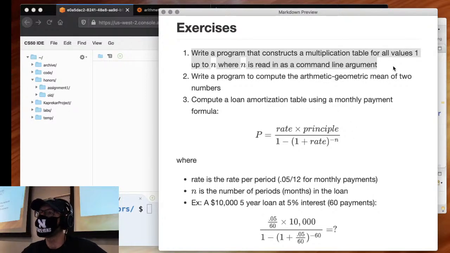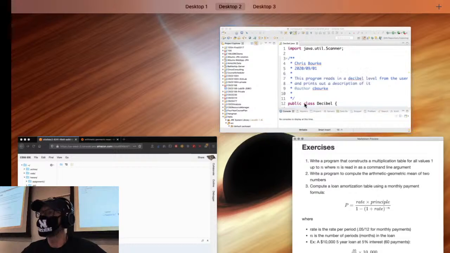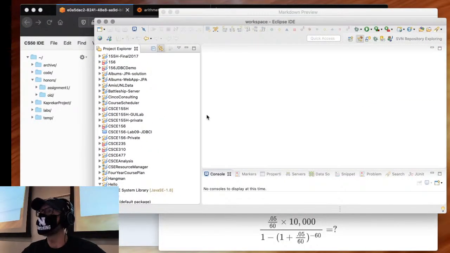If you want to see how this first one is done in C, go ahead and watch the video from yesterday in the main section. Let's go ahead and do this one in Java instead. Write a program that constructs a multiplication table for values 1 up to n, where n is read as a command line argument. So for that, I'm going to go over here to my